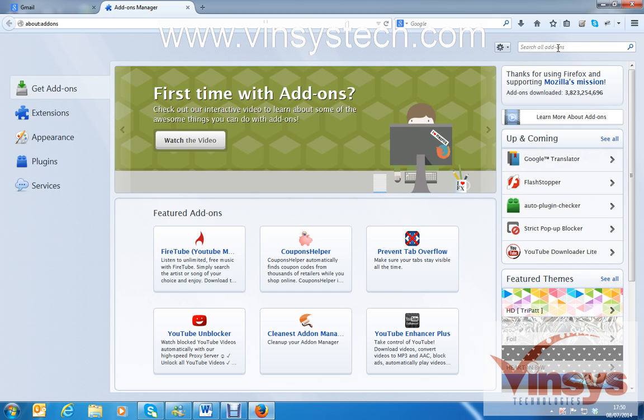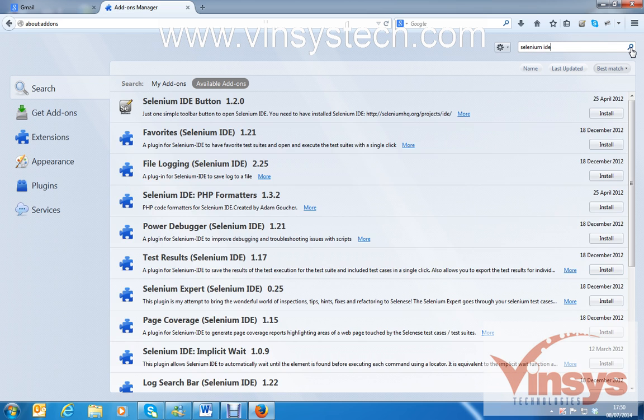Here at the top right you have a search box. Type Selenium IDE and search, and here you can see all available add-ons for this Firefox browser. I have already installed the IDE, so that's the reason I don't have a Selenium IDE install button here. This is another way of installing the IDE into Firefox.